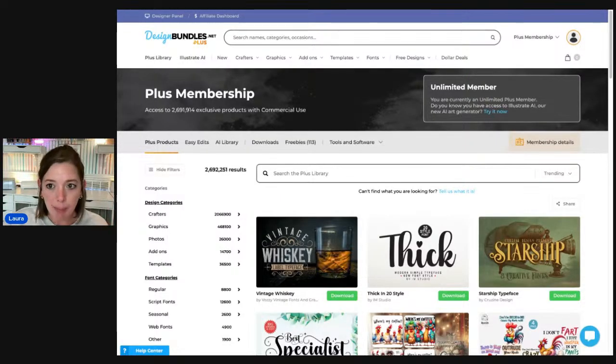I have an incognito window open so that I'm not logged into my own account. I'm going to share that one really quick so you can see how to get to it. If you don't have a free account, go ahead and create one because you'll need some sort of login to be able to get into the portal. But you don't have to pay anything. You just have to create a free account. So hold on, let me present my screen.